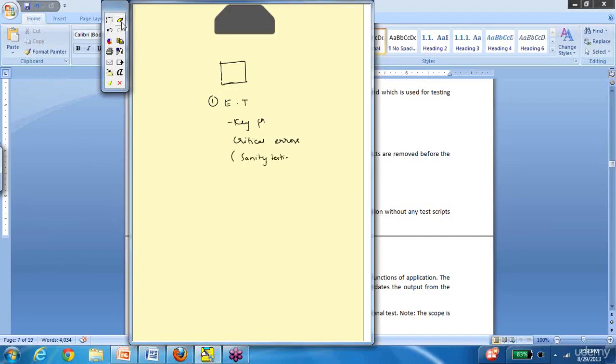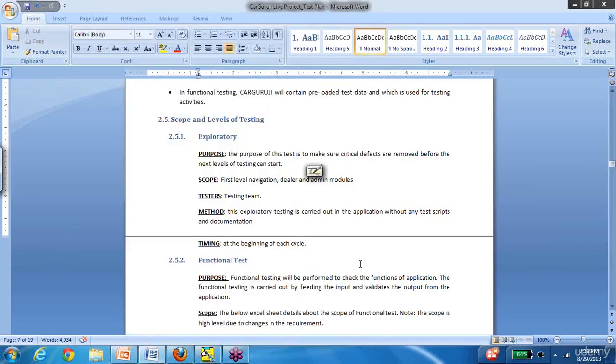So only if the exploratory testing passes can you go ahead and do the functional testing, which is nothing but the in-detail testing following your test cases. Okay. So scope is, we are going to test the first level navigation, the dealer and admin modules. Okay. Who is going to do this? The testing team. And the method